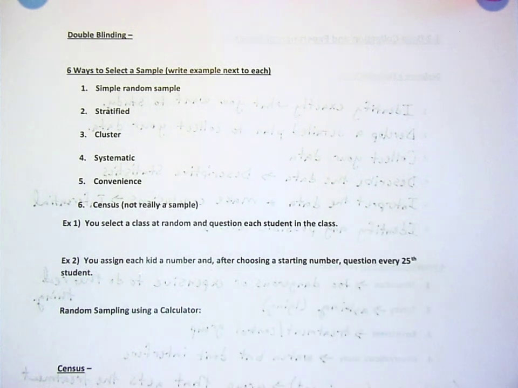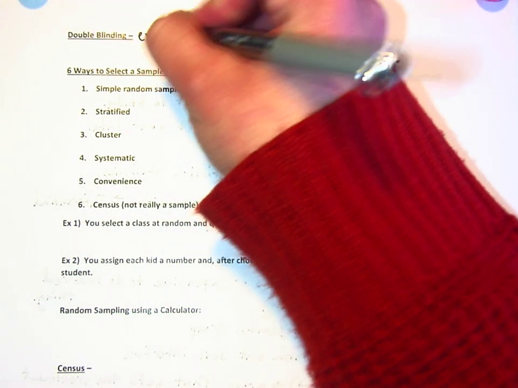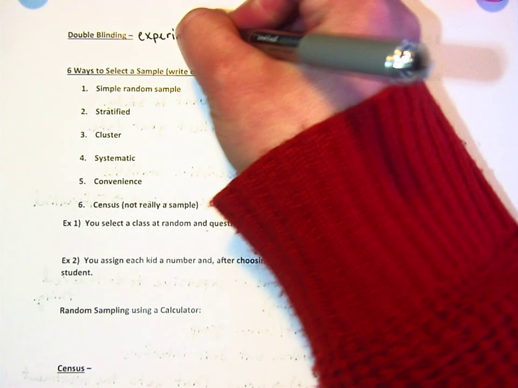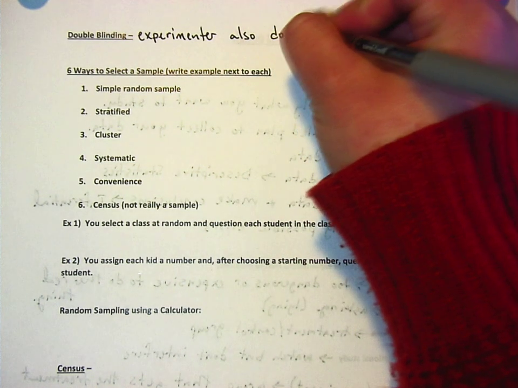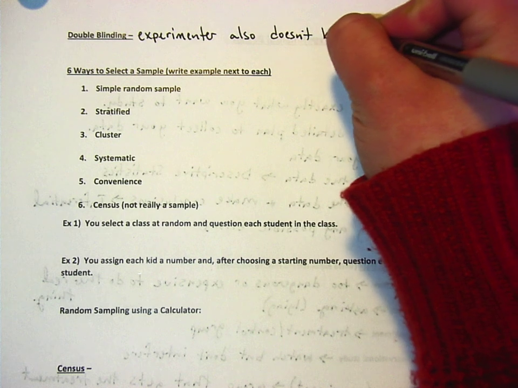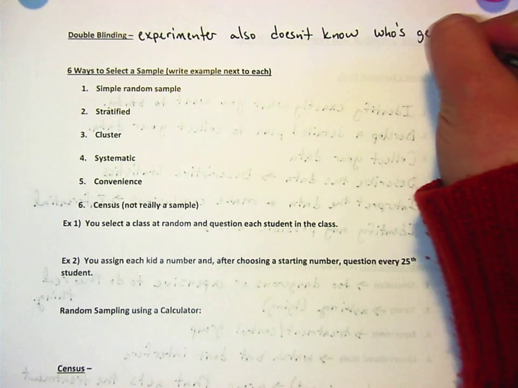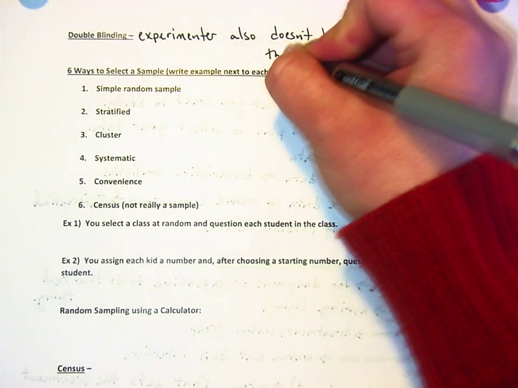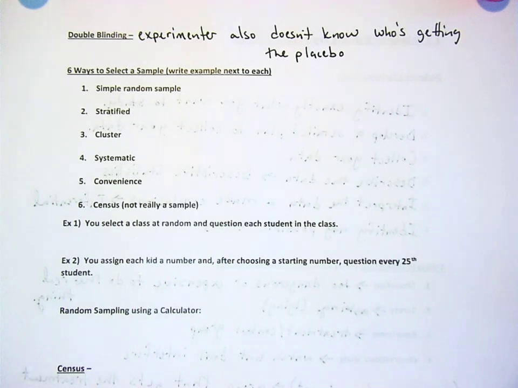Okay, double blinding is when the experimenter also doesn't know who's getting the placebo. This is important because sometimes even when the experimenter doesn't mean to, they can be treating the